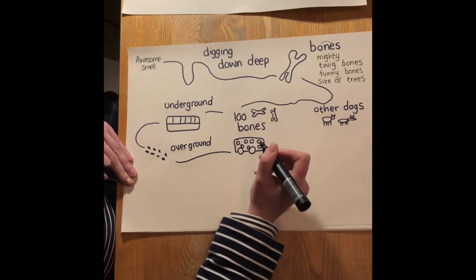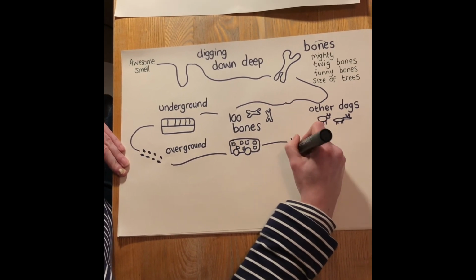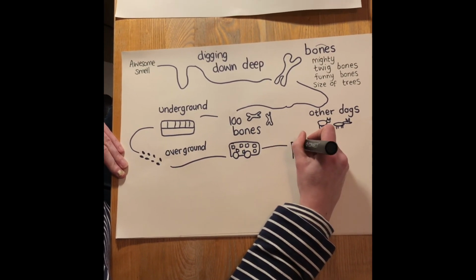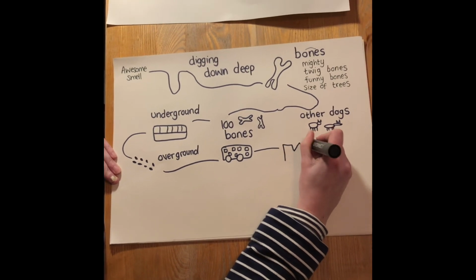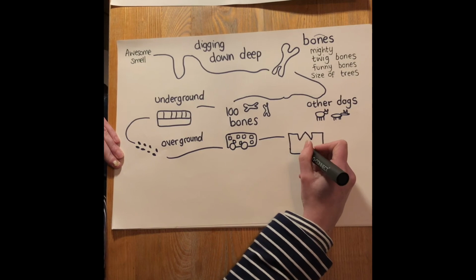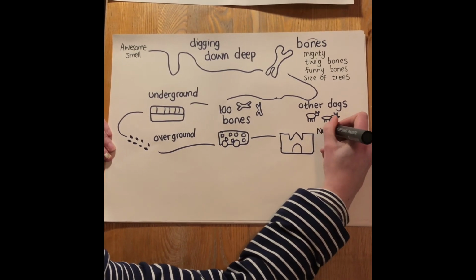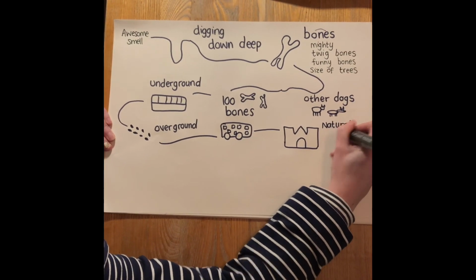There we go. And then they got to the Natural History Museum. It looked quite a fancy building, so let's just go like this. We'll make it look quite fancy. Oh, my dog's sneezing. And we'll do the door, and we'll write Natural History